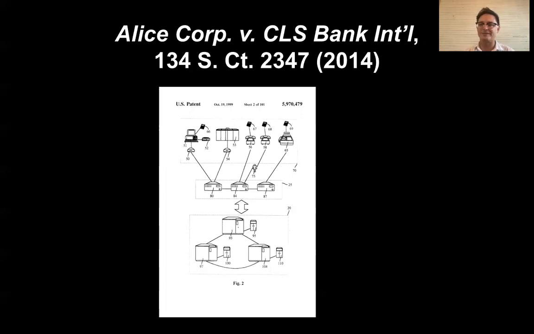Okay, well, problem is that's not a new concept, right? That idea of using third parties to mitigate settlement risk has been around for a long time. In fact, we have a word for it. That word is one of those many words like bank, for example, right? So the patent owner was in effect claiming a bank, the concept of a bank, but not entirely, right? Because they also said, well, but not only do this, but also do it using a computer to make it